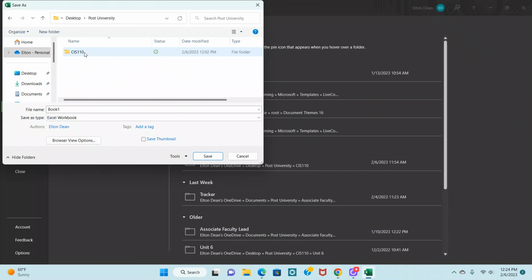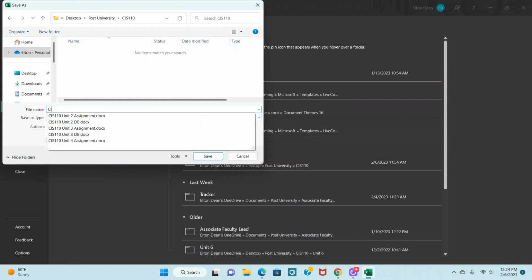I'm going to open that folder, open CIS110, and look, it says that no items match your search. That is because we do have some items within this folder already, but this is only going to show you similar file types. Because I have no other Excel documents in here, it looks like it's empty even though it's not. But I know that I always name my assignments and my files the same way,